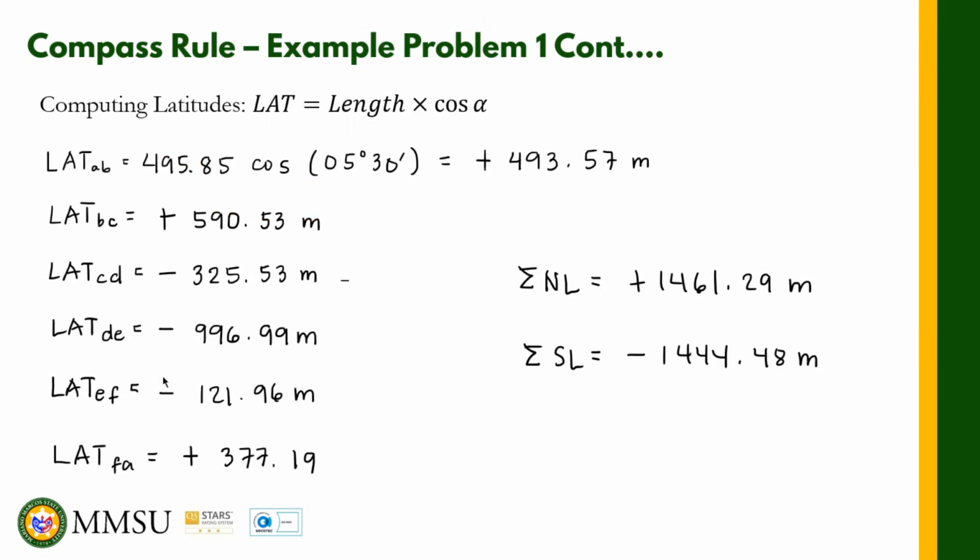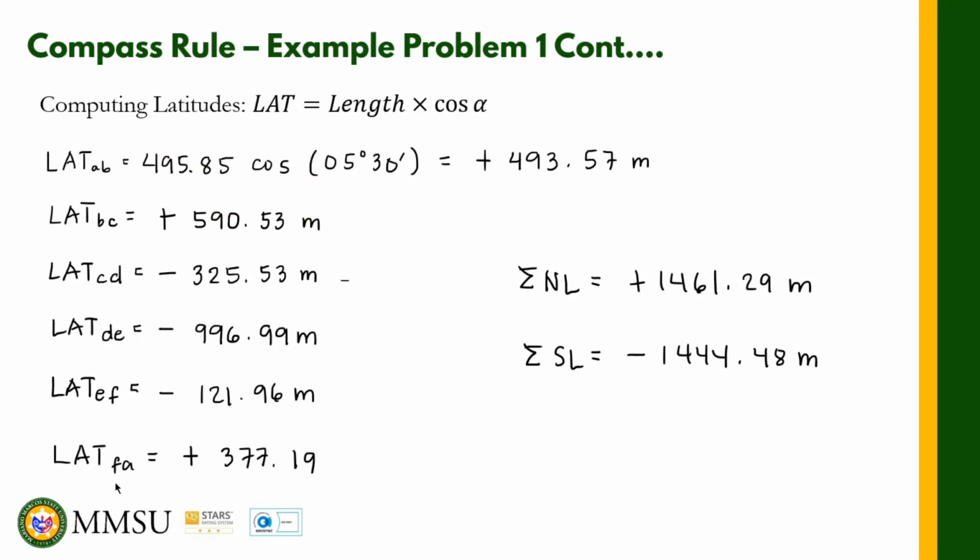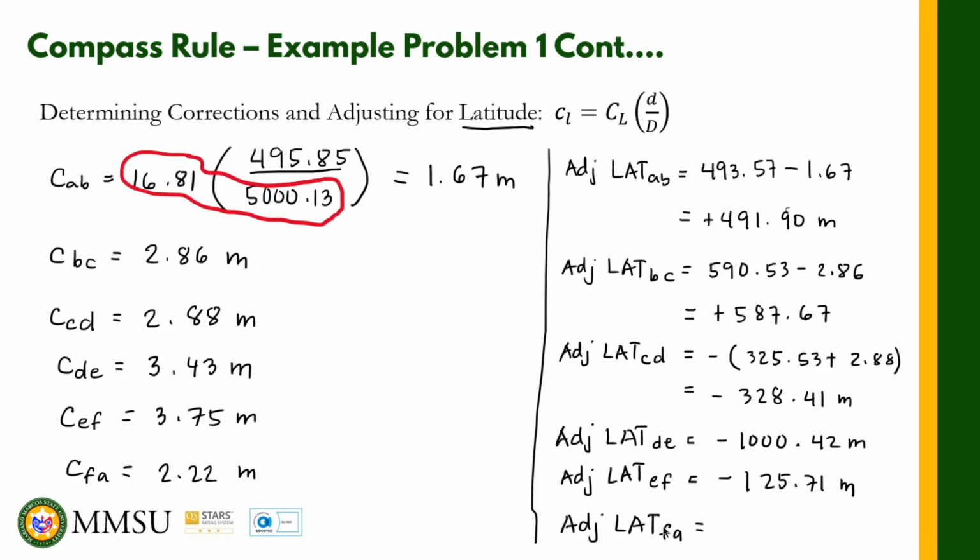The original latitude of EF is negative 121.96. Idadagdag natin ng 3.75. So that's negative 125.71 meters. And finally, for the adjusted latitude of FA, we have the original latitude is positive 377.19. We subtract, kasi positive yan, we subtract 2.22, we have positive 374.97